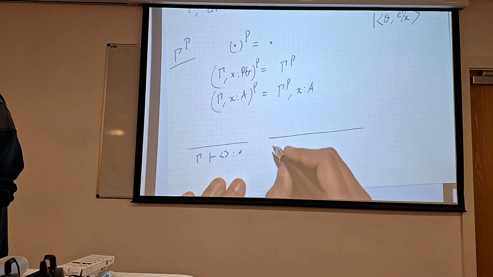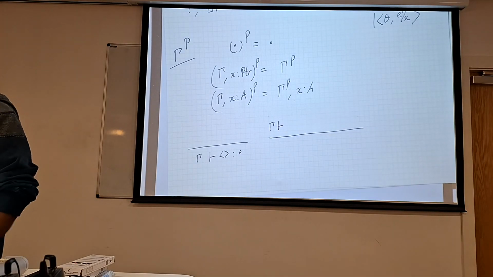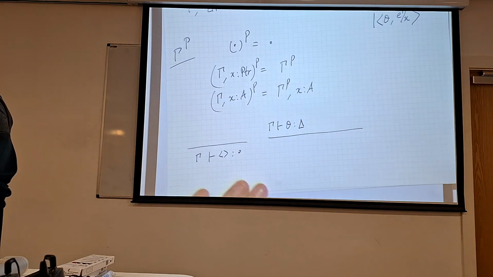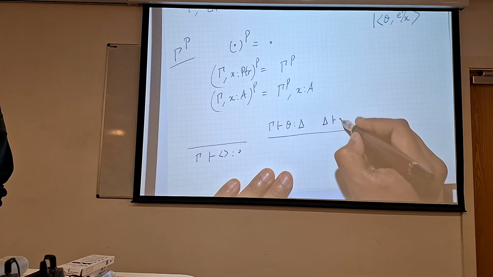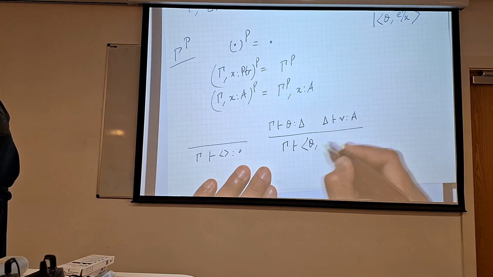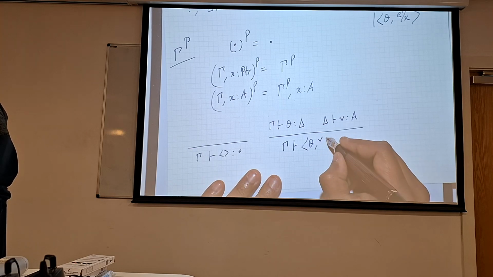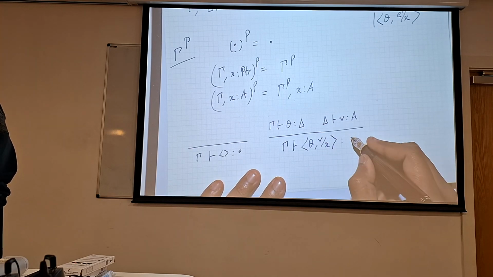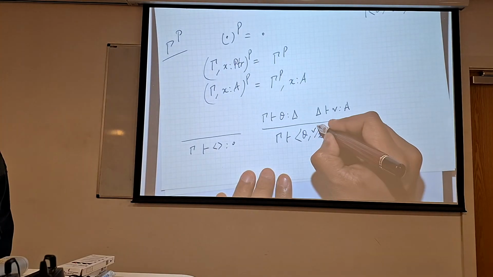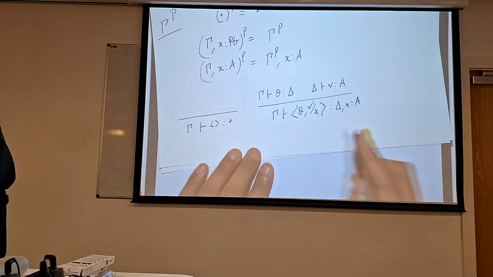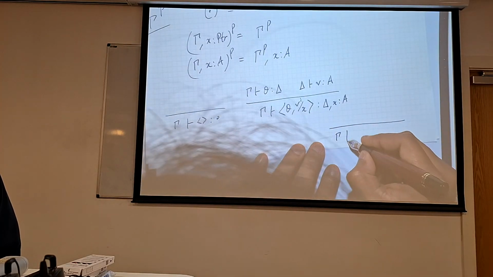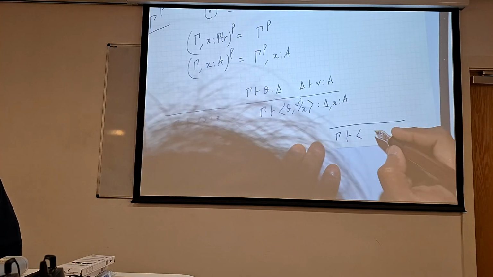Okay, and if I know gamma derives delta comma, so this is my impure call by value substitution, and now I have a different comment where I can say